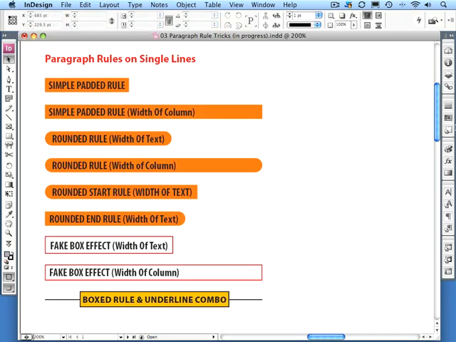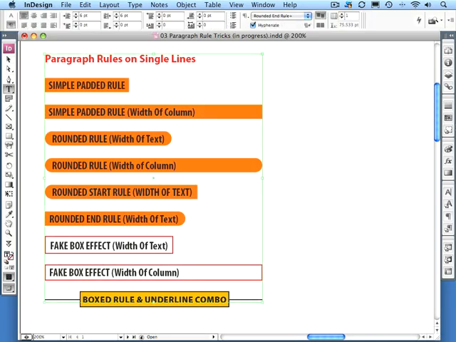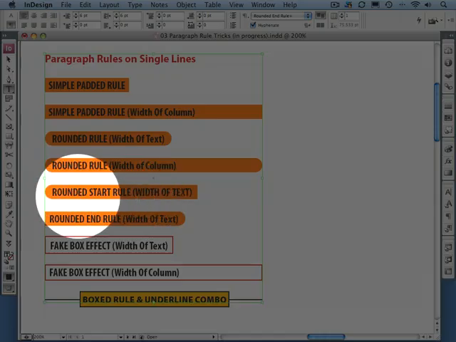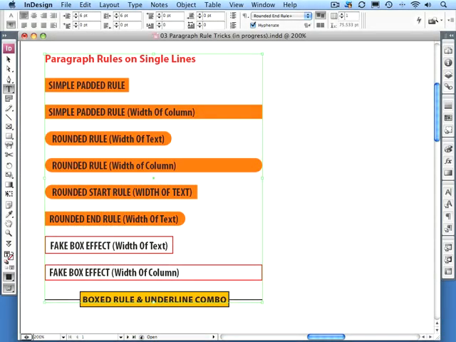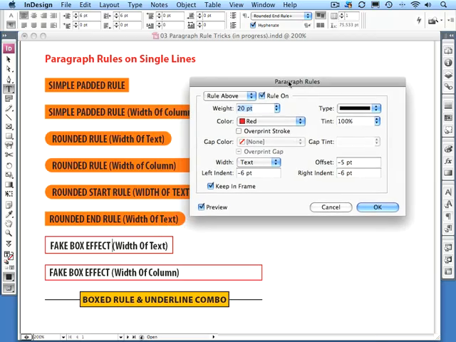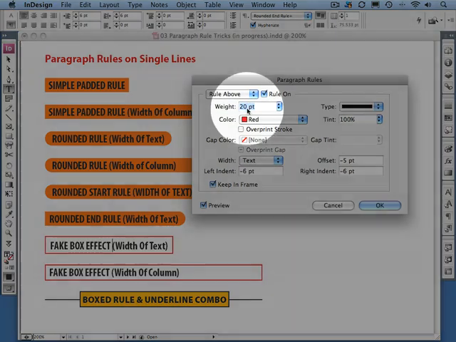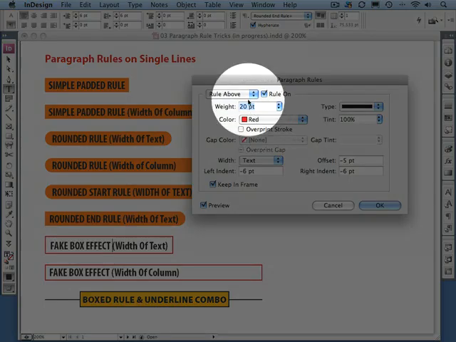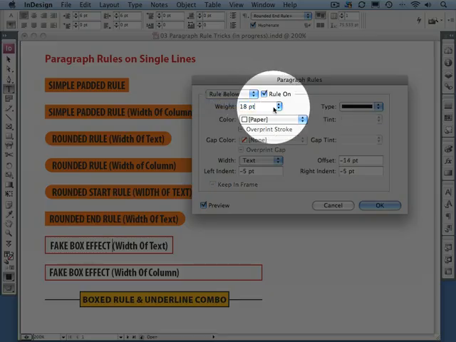The next two examples on the page are pretty much the same thing, but with only one rounded end. You don't have to do it on both sides if that's not what you're looking for. If you've ever needed a line of text boxed off and don't want to use either a single cell table or an anchored object, you can achieve the look of a border all the way around your text using a variation on this technique. In this example, a 20-point red rule above falls behind an 18-point white rule below, and